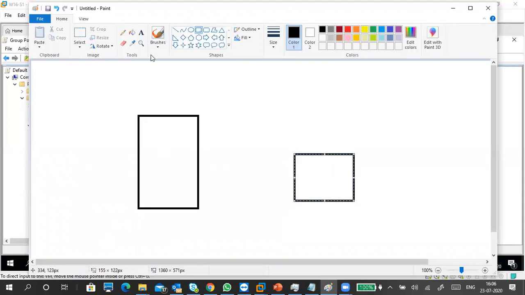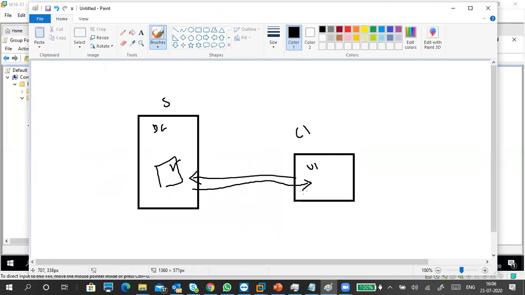This is the client, this is the server, my domain controller. When our user logs in, the domain controller verifies the user account and authenticates, right? Once he is authenticated, our server will give a ticket.